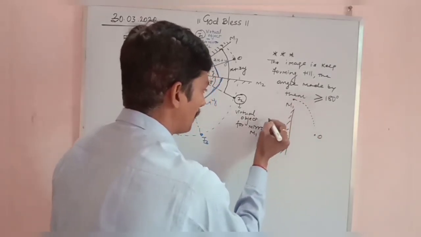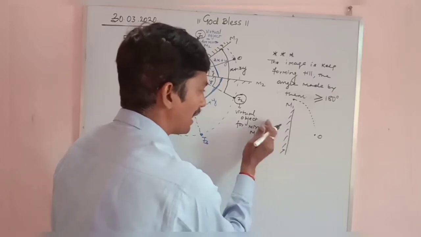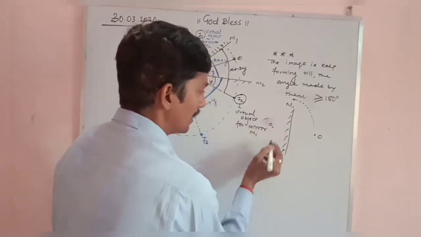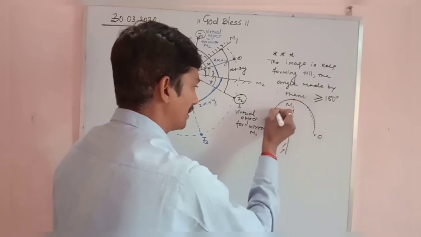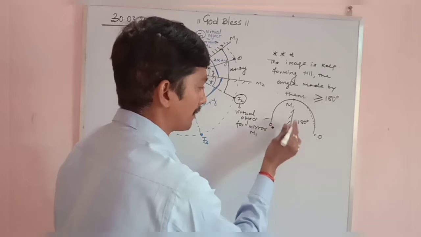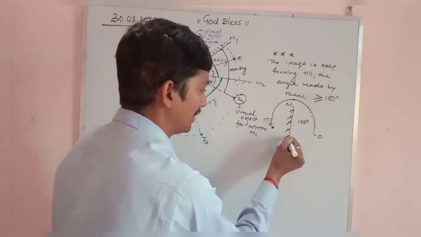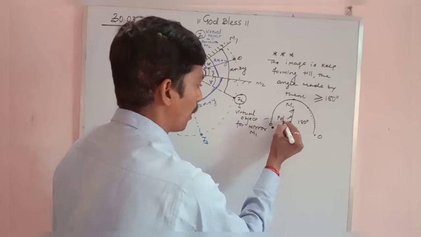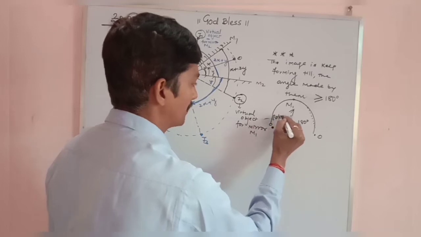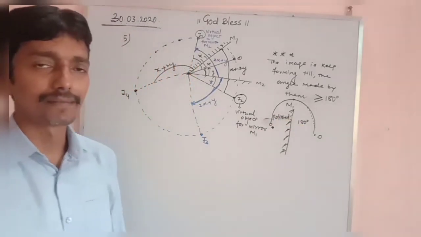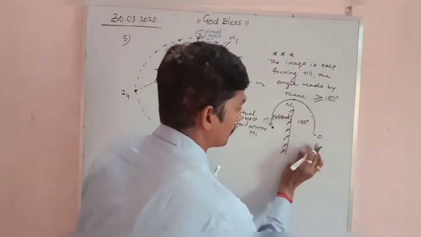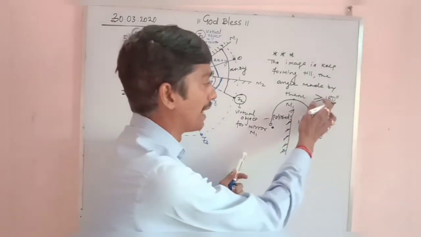When this object comes here, that is behind the mirror, at 180 degree, do you think the image will be formed for this object which is facing which surface? Polished surface. It is facing the polished surface. No. The mirror will produce the image for the object as long as the object is within 180 degree or less